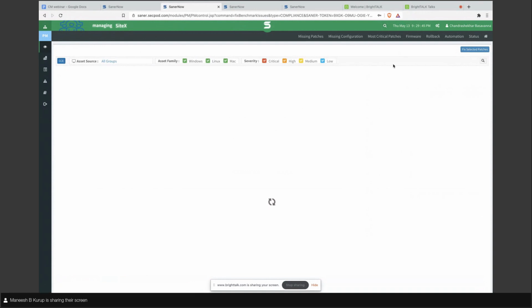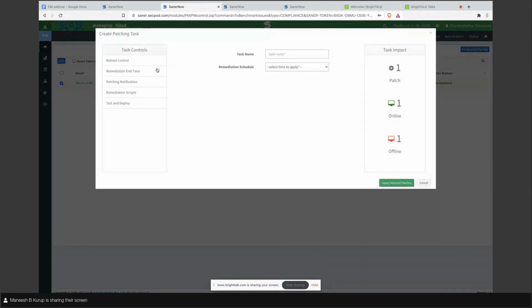This window will open up the same details, and if you want further customization, that is possible. If you are okay to go ahead, you click on this, and that will open up a window where you will be asked to give a name and a schedule for when to run this activity.